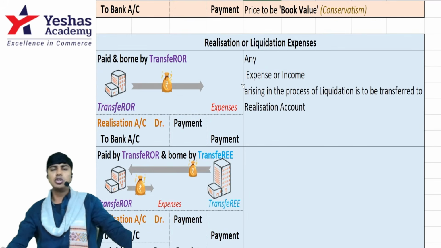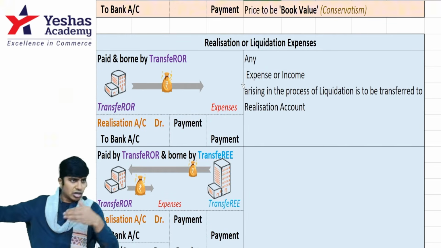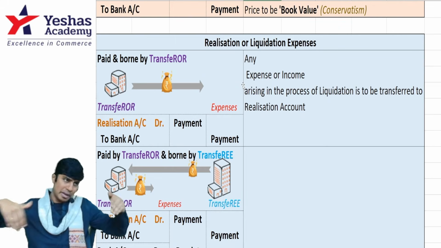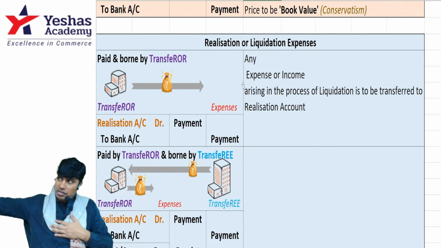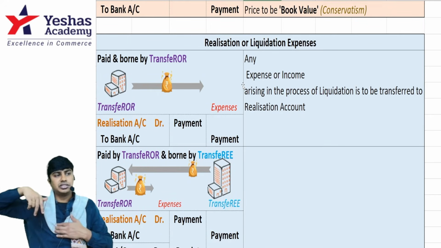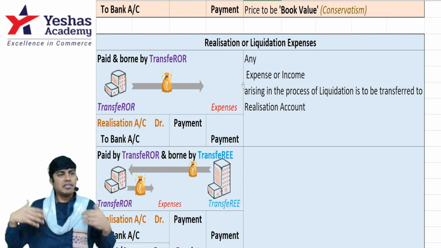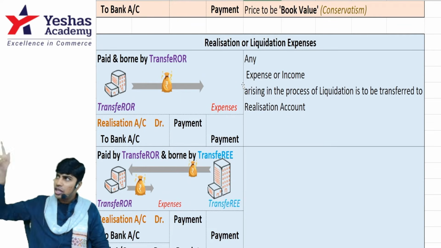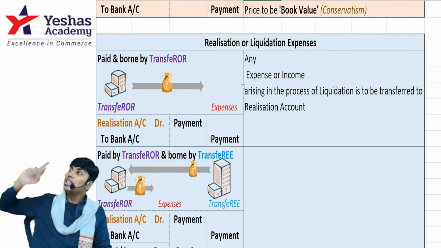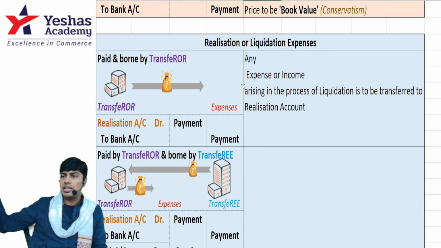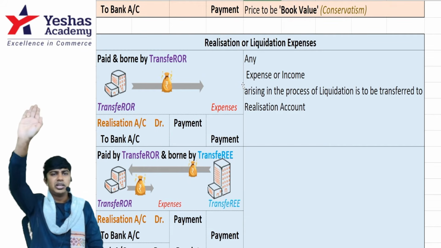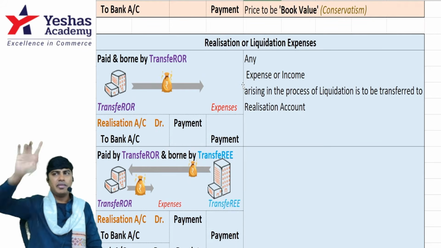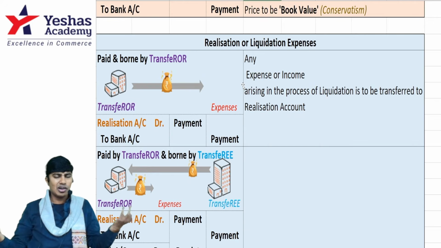Then I come back to pay realization expense. The truck that helped me pack, load, unload, come back, everything. When I pay as transferor, realization to cash. When the transferee company reimburses it to me, cash to realization. If they pay, I will write no entry. If first they pay and then I reimburse them, when they pay, I won't write an entry. When I pay them, realization to cash. When the transferor pays, what is the entry? Realization to cash. When the transferee pays, what is the entry? I will not write any entry.